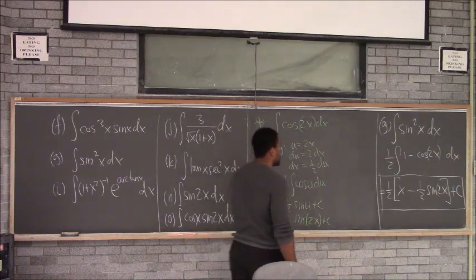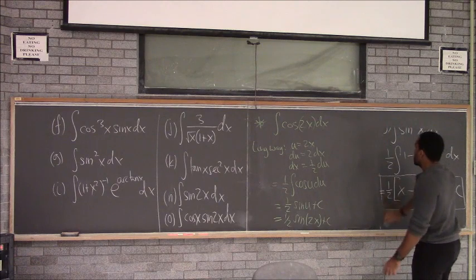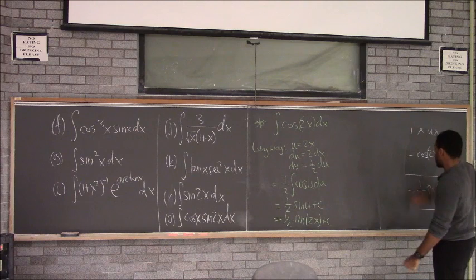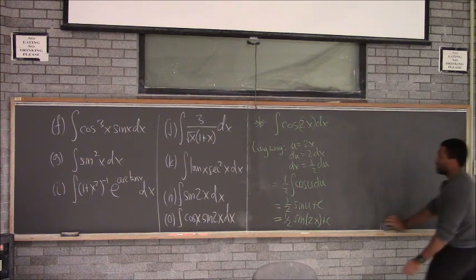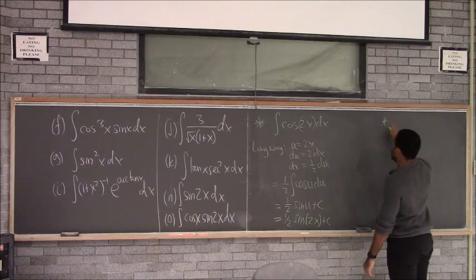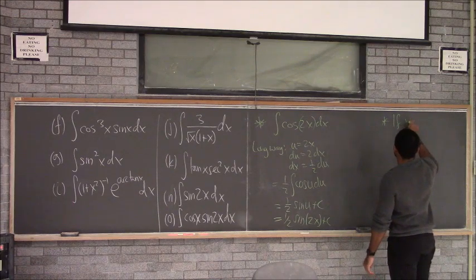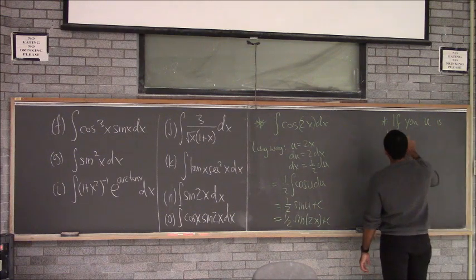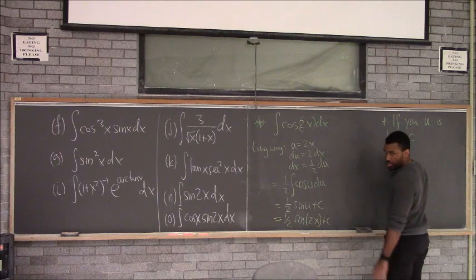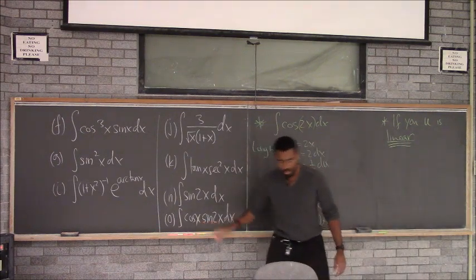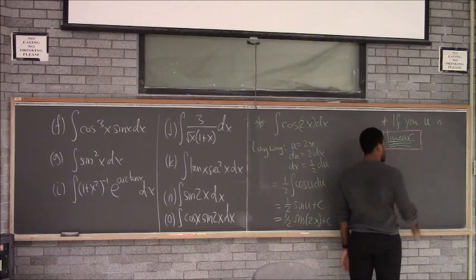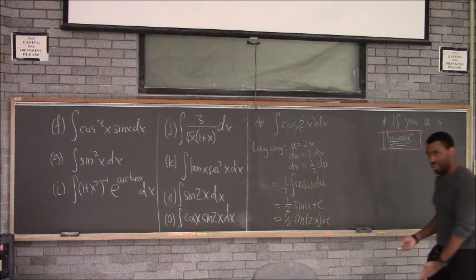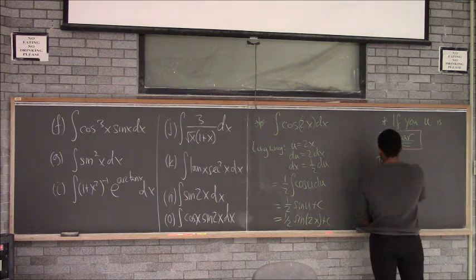Another thing is, by the way, cosine squared will be dealt with very similarly. 1/2 of 1 plus cosine 2x, so you just integrate that. But this brings up an important point. If your u is linear, only if it's linear. Only if it's linear. If your u is linear, then